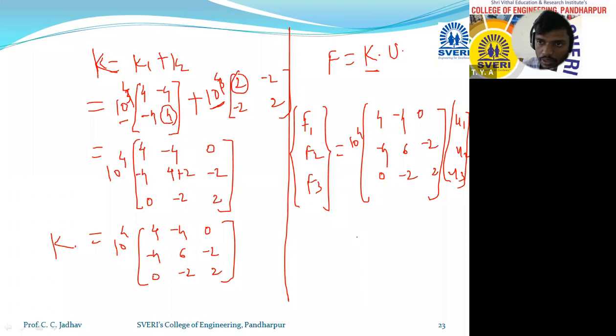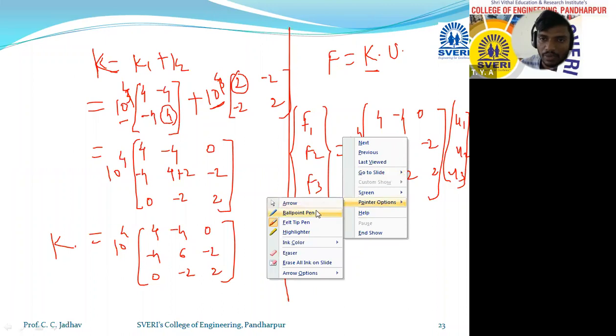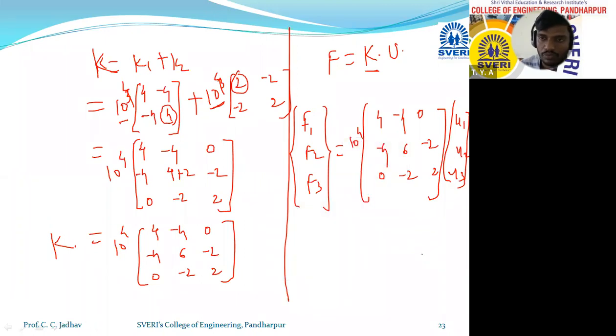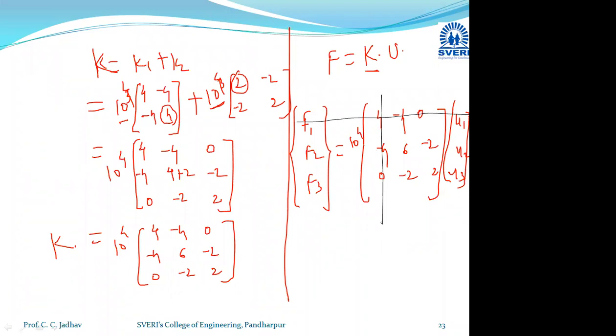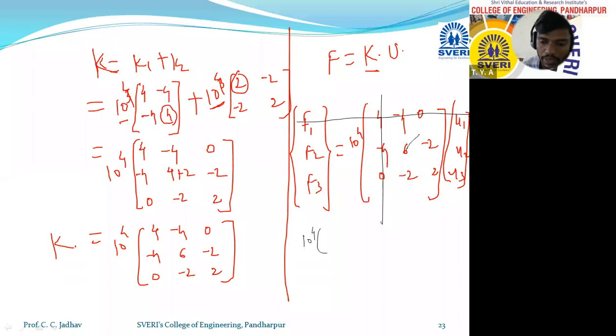Okay, so after that you can use your calculation. You can just select how to solve this matrix, I will tell you. Once you know, you can simply select the first column and first row, and do the calculation. Means 10 raised to 4 into this 6 into u2 plus this 2 into u3, that is 6u2 minus 2u3 is equal to,